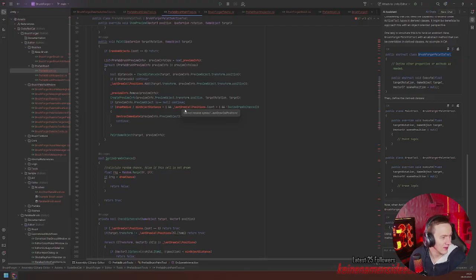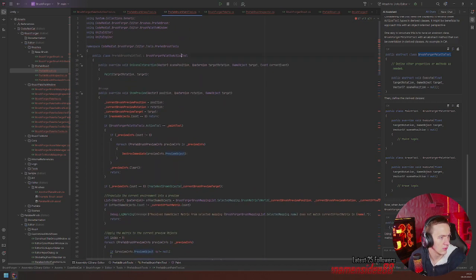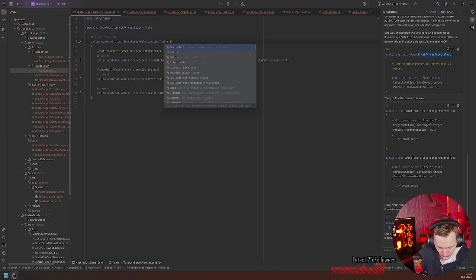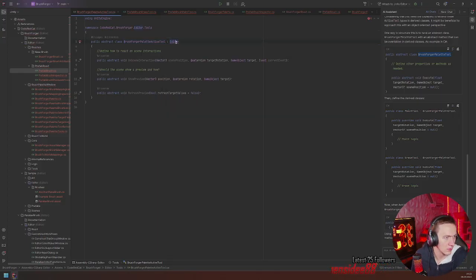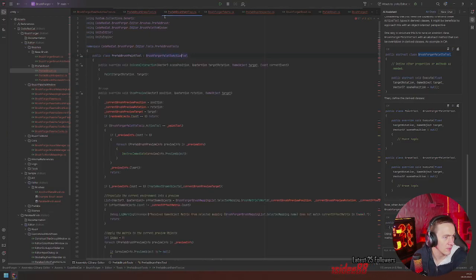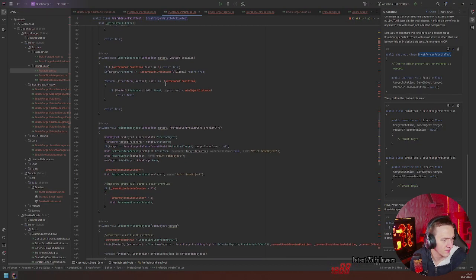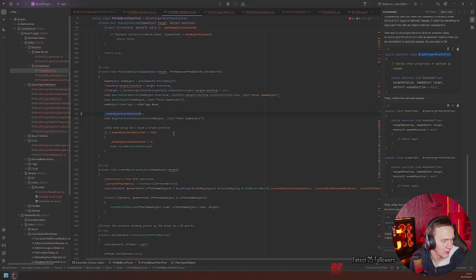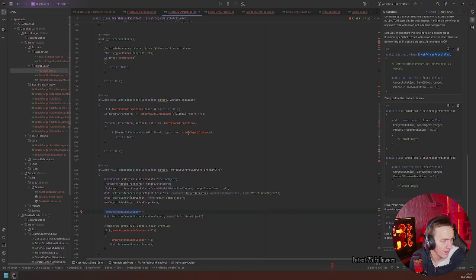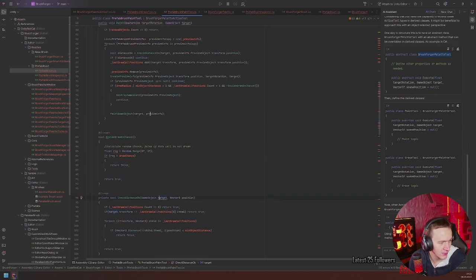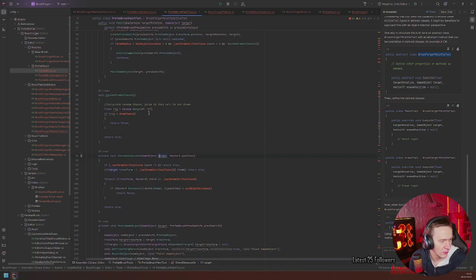Okay, there's something that really annoys me, and that is that we have a lot of references to the brush, which is going to make the code a little bit annoying.